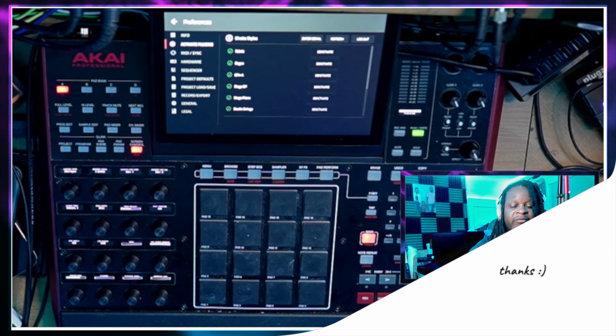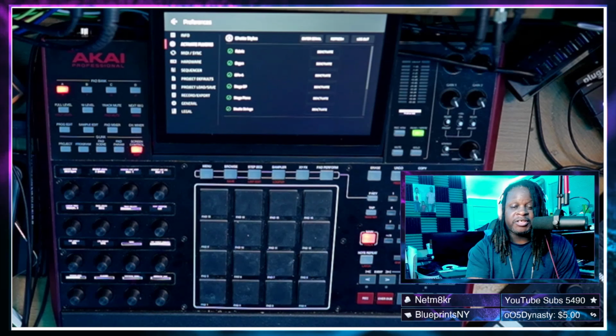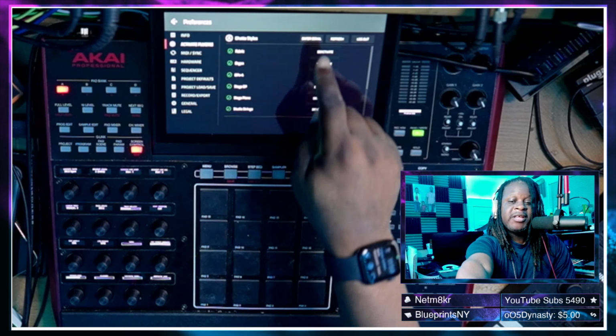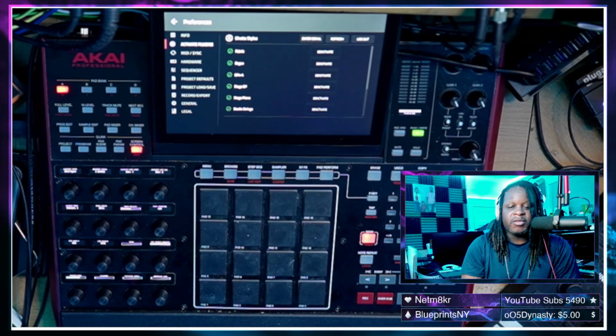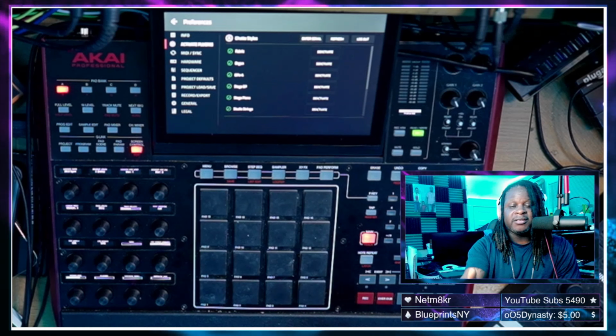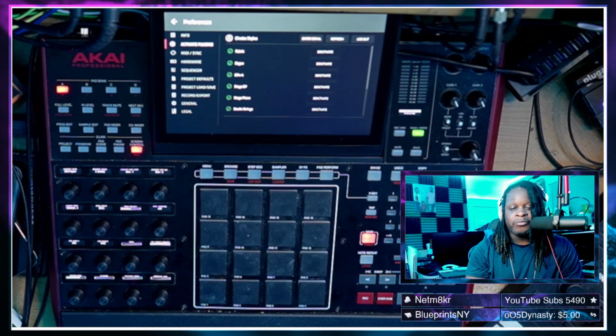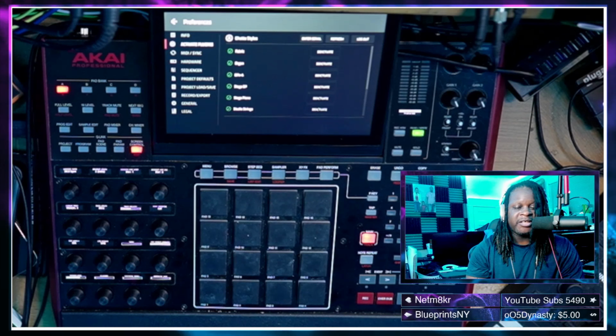In 2.11.2, the Enter Serial Code button was at the bottom of the screen about right here. That has now been moved up to the top. Also, everything has been made to look a little bit cleaner. I know it's a little hard to see on this screen, but everything has been updated to look a little